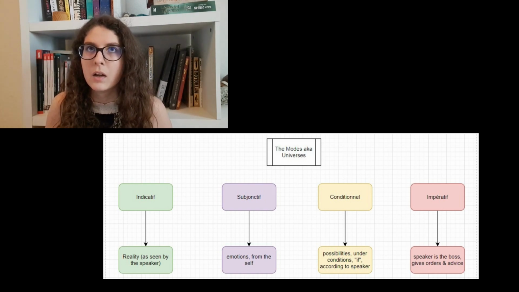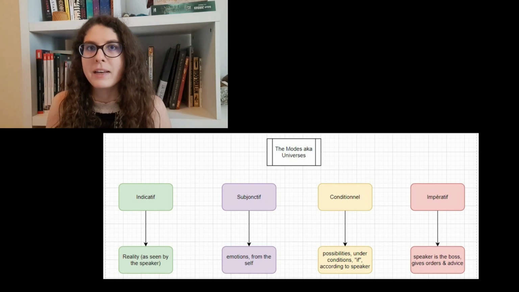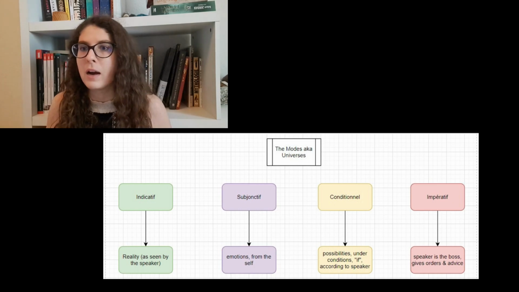Like it could be Marc veut que tu ailles au supermarché. I don't know. So Marc is not me, but I'm just saying what he wants. It's still about self. So it's more related to the subject than the narrator, but you get what I mean. Then the third mode is conditional. So conditional and subjunctive both are virtual. Like it's not real. But like I said, subjunctive is really about the self. Conditional is about condition, but mostly from the outside. External conditions. It could be like, I don't know, if the weather is nice, if I have enough money, stuff like that.